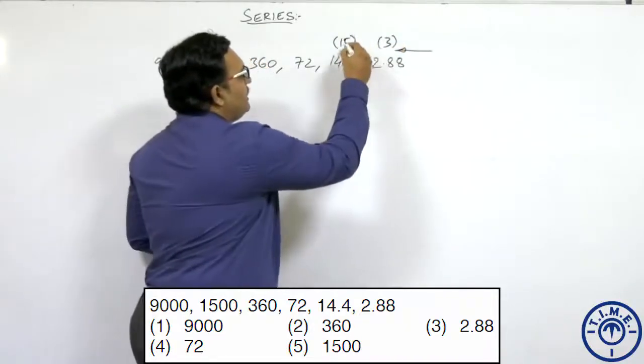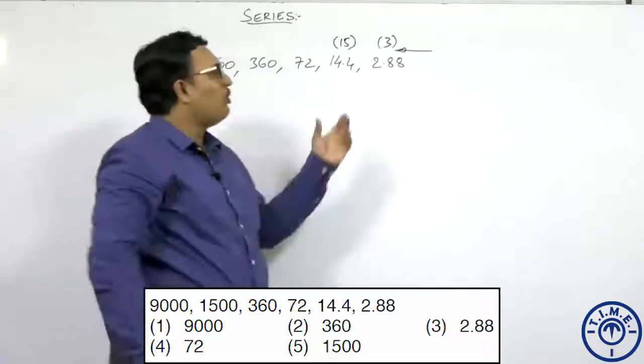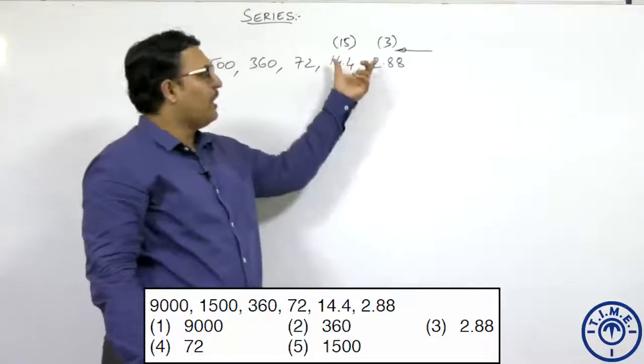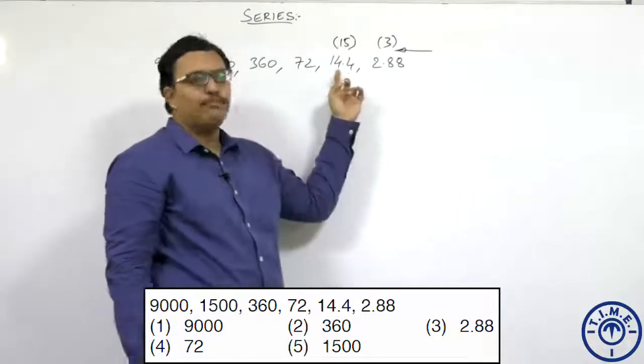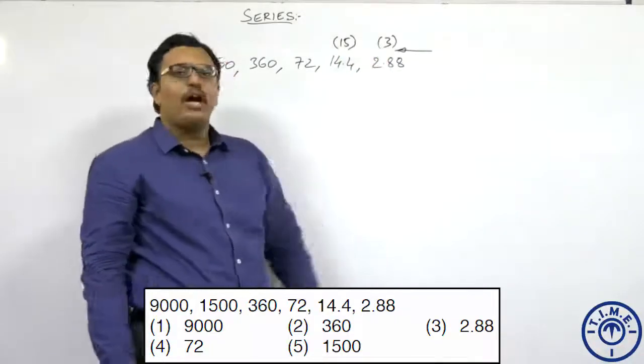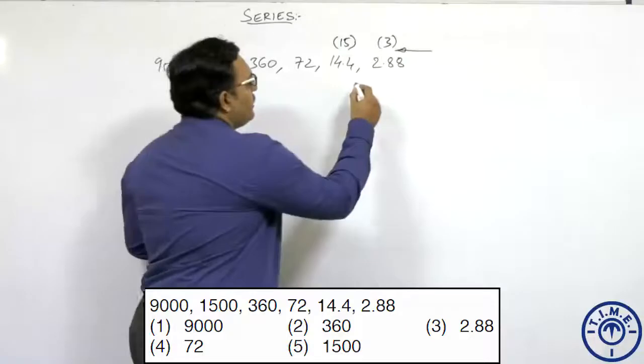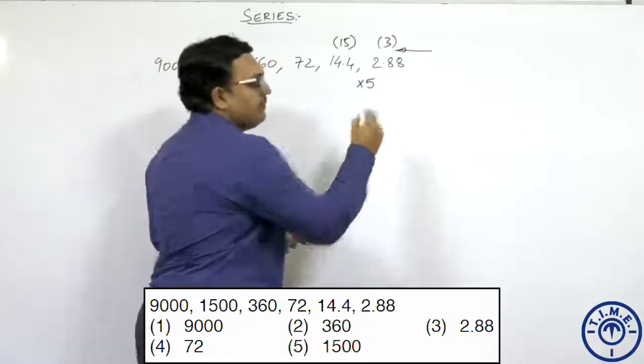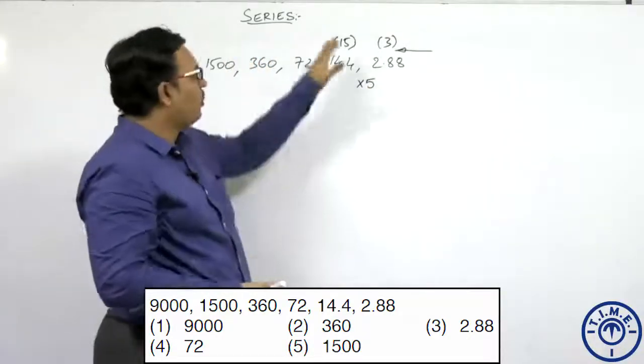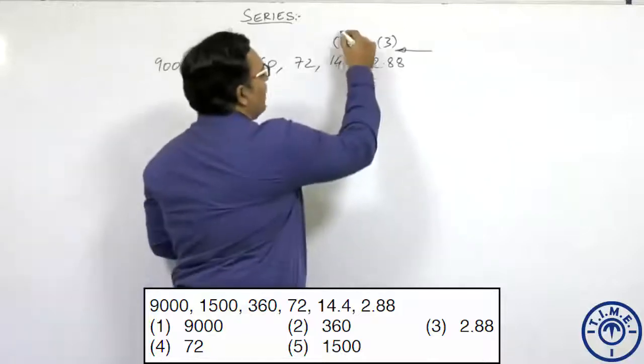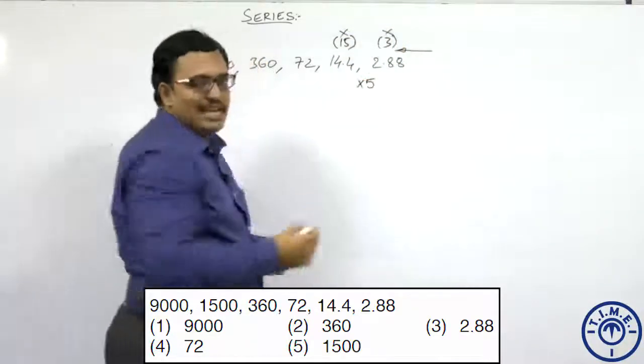So these are just the approximate values, okay? Just to find out what can be the possible logic, I have taken approximate values to 2.88 and 14.4. Now 3 and 15, how can I connect using product? It is into 5. 3 into 5 is 15, correct? So now don't worry about them. This is just the approximate values, so don't worry about this as of now.